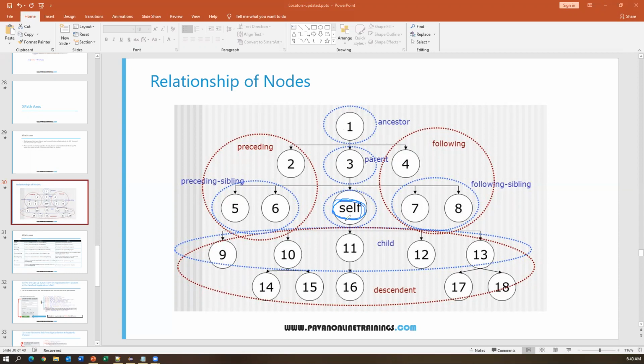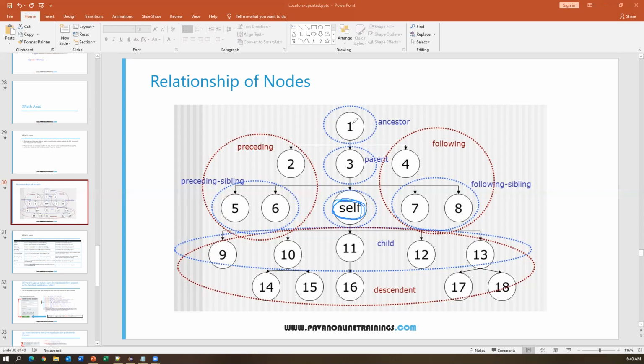If I start from this particular node, 3 is the parent of self, and 1 is the ancestor of self. Ancestor means like a grandfather or grandmother. So 1 is an ancestor of self, not of 3. So for the self node, 3 is the parent, 1 is the ancestor.